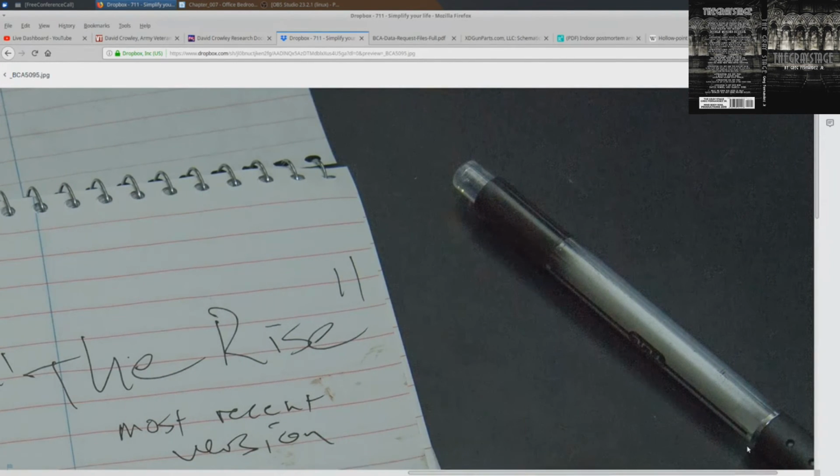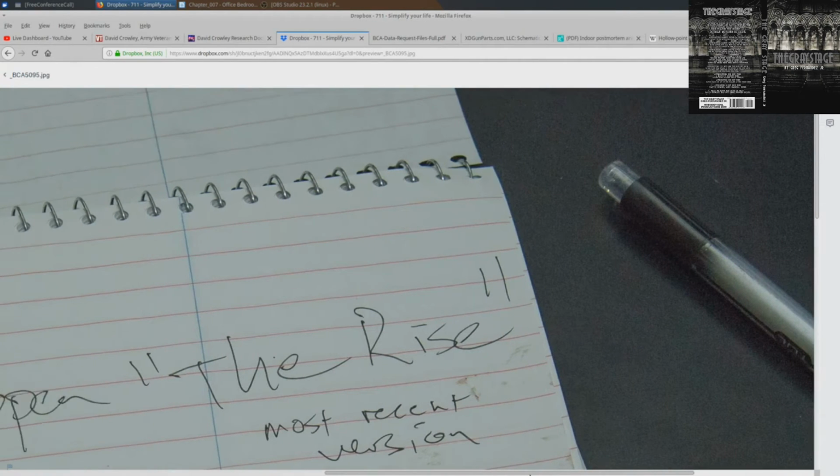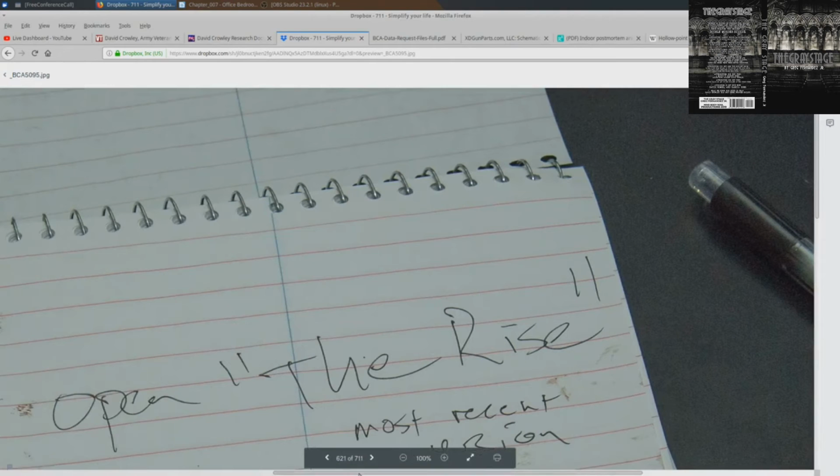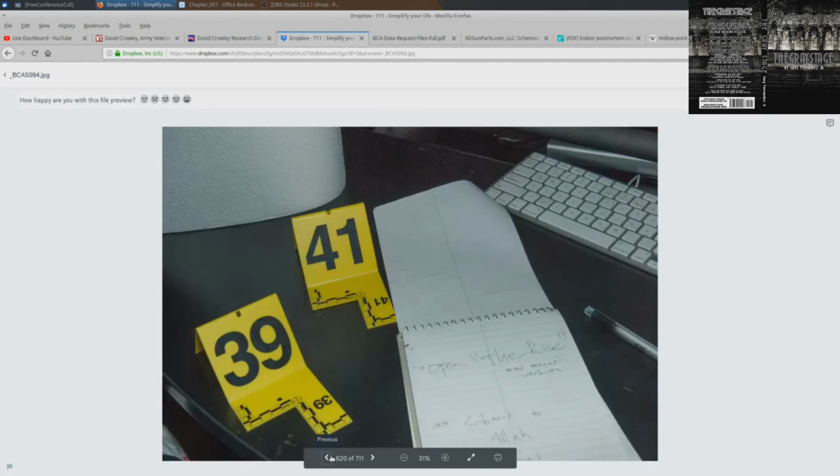I can't see the pictures right now. What side of the pad is the pen on? Is it the right? Okay, it is on the right side. I'm questioning it because I'm dyslexic, so I'm trying to see it in my head and reverse it. I'm like, oh my gosh. Yeah, it is on the right side. I couldn't remember either.